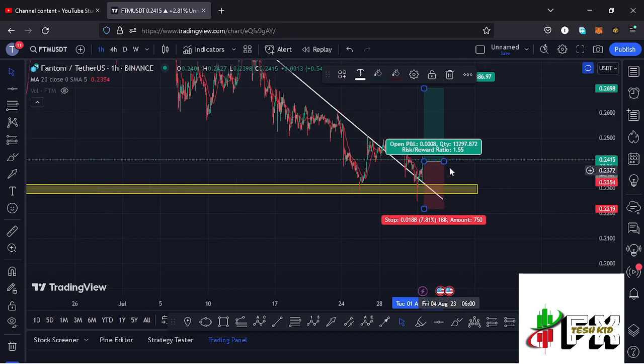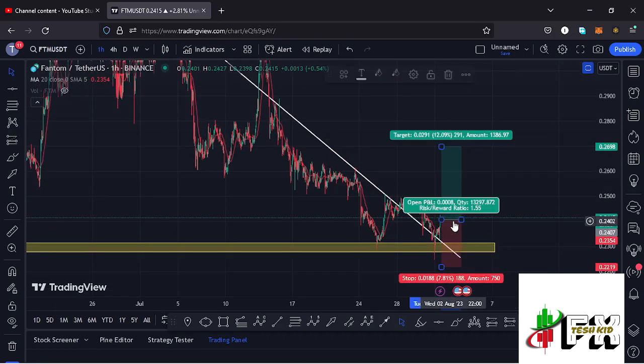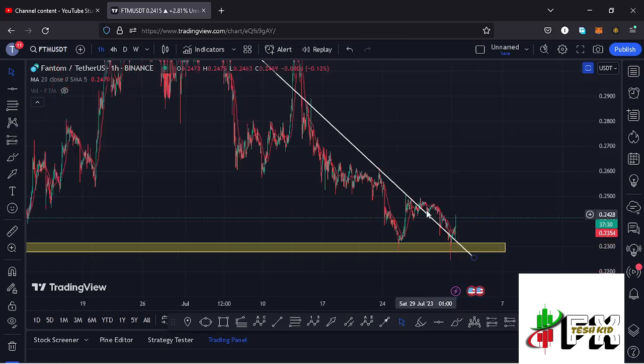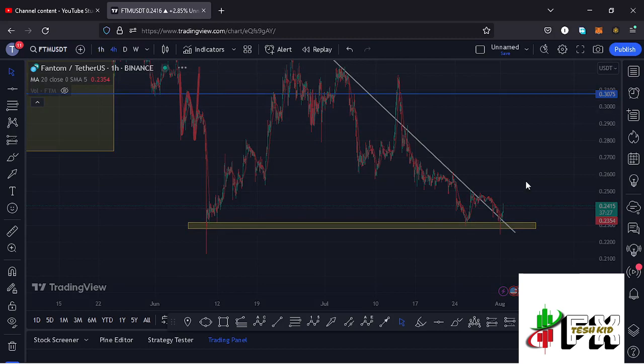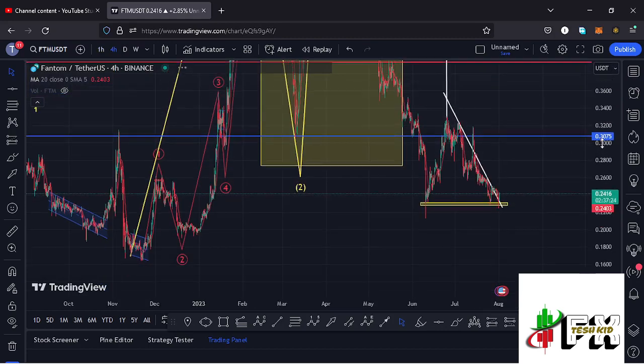This is not financial advice, so before you open or maybe buy Fantom, make sure that you also do your own research. And zooming out on the charts to also give you my long-term Elliott wave analysis,